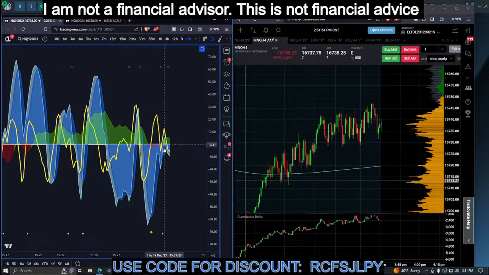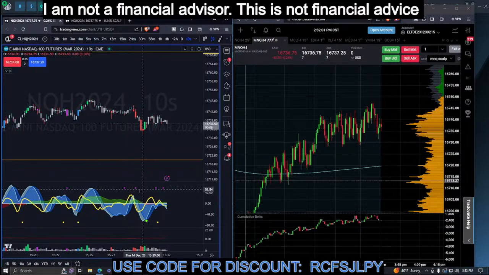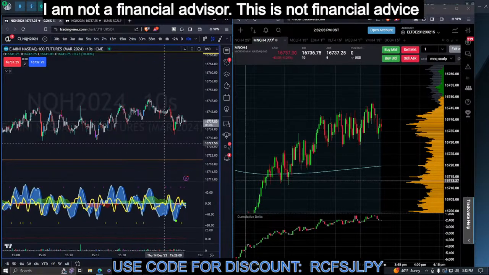Okay. This yellow line here is supposed to be VWAP on this indicator, and it crosses over. It shows the momentum. Let's forget that. This is too much. I should have taken it off. Alright, so